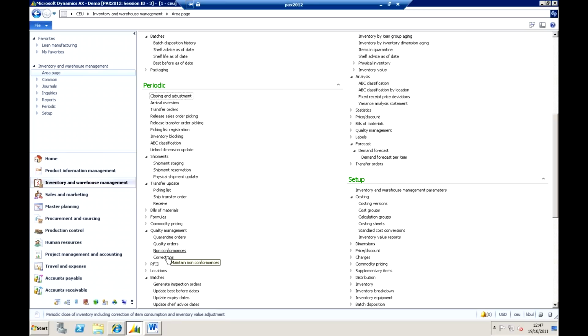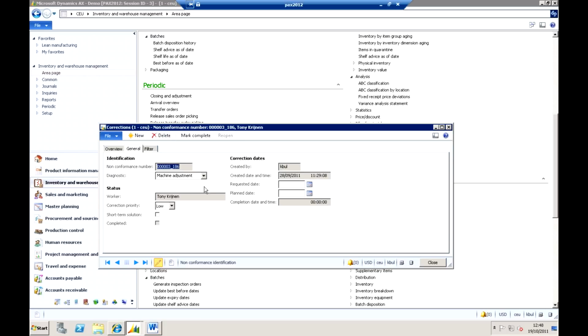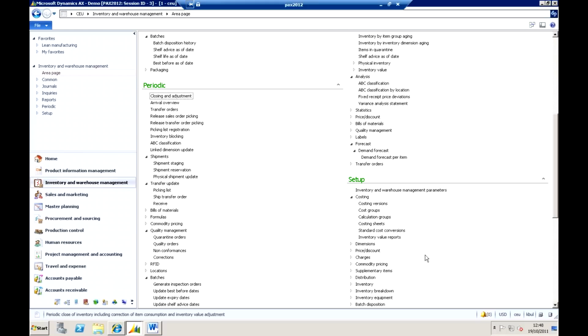And as I mentioned, from a non-conformance we can raise a corrective action. In this case a machine adjustment is necessary. This worker is responsible for it. The priority to that is low, etc. So again, you've got those sort of details that you're starting to put in place there. And it's all really about controlling that quality management issue that has been identified. So that's a few details about the quality management. Lots of areas I could go into in there, but of course time's a bit tight, so we won't be going into those today. Now one thing I did want to finish off with is looking at some of the